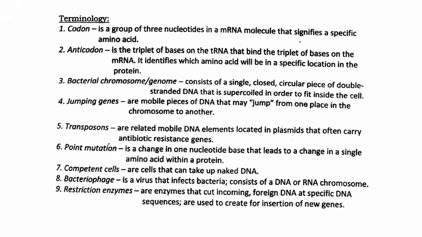This may cause the loss of the ability of that gene, for example, loss of the ability to ferment certain sugars. Another type of jumping gene is the transposon, which is located primarily in plasmids that often carry antibiotic resistance